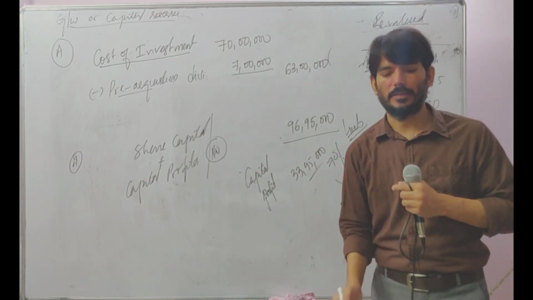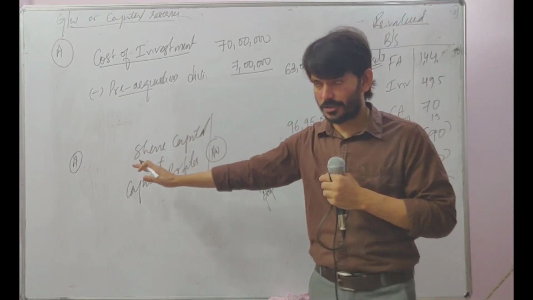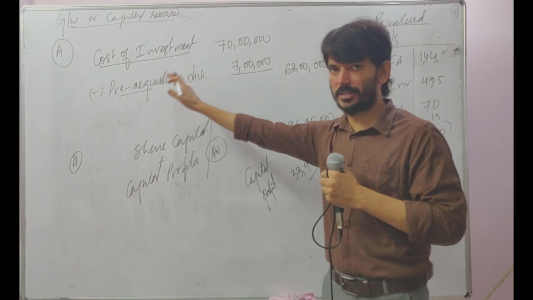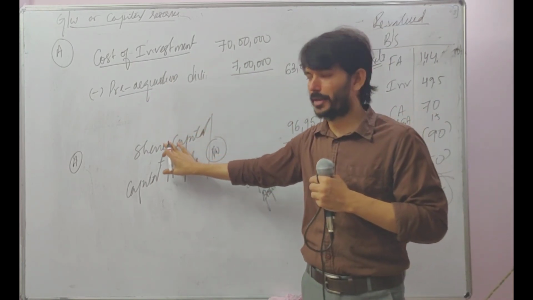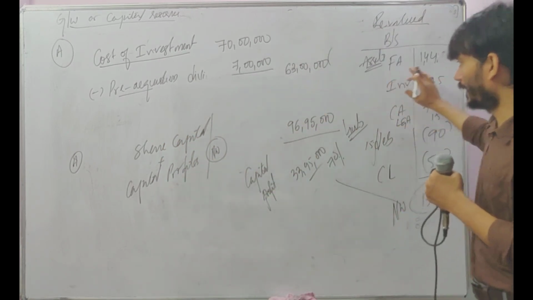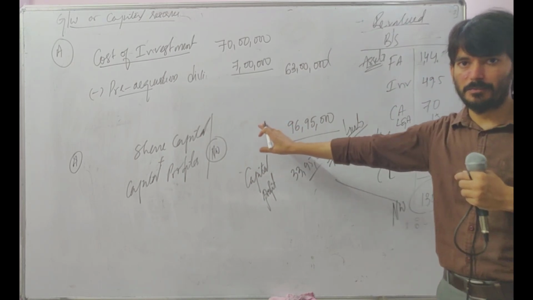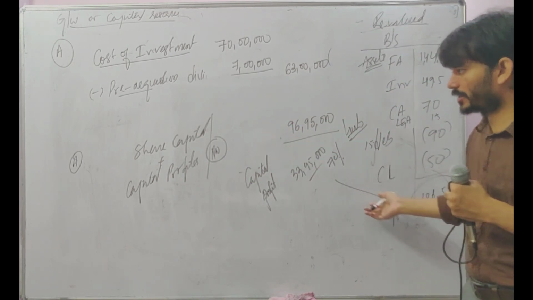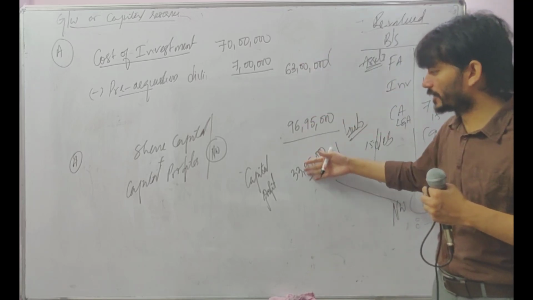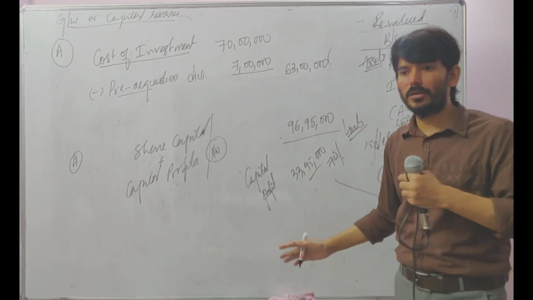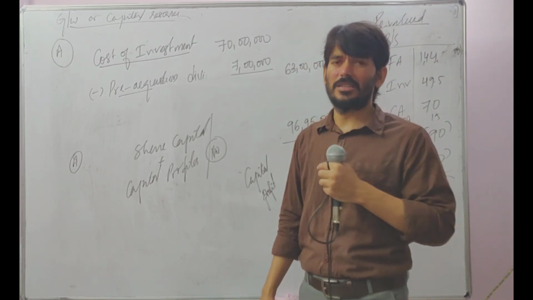Don't focus on the numbers. Numbers may go here and there, but try to understand the logic. We are applying the same logic here. Cost of investment given directly. Pre-acquisition we made working note and we got it, 63 lakhs. Plus the share capital and capital reserve is not given. We have made indirect way of doing that. We got the total net worth. Don't take it directly there blindly. Of which you take only the 70%, because you are the owner for only 70%. You take the 70%, you do the calculation. The difference is either goodwill or capital profit. Okay, so this is how you can solve these questions, and this is part number 2.